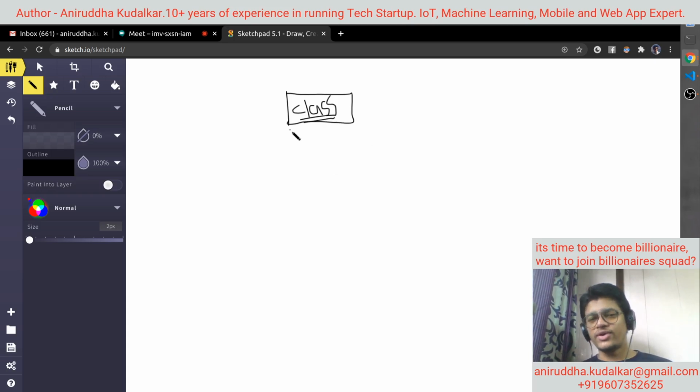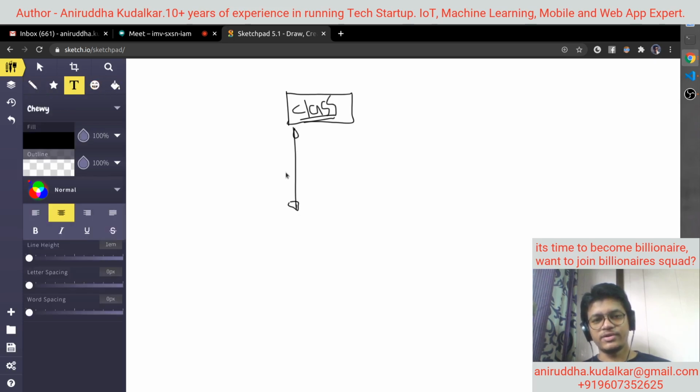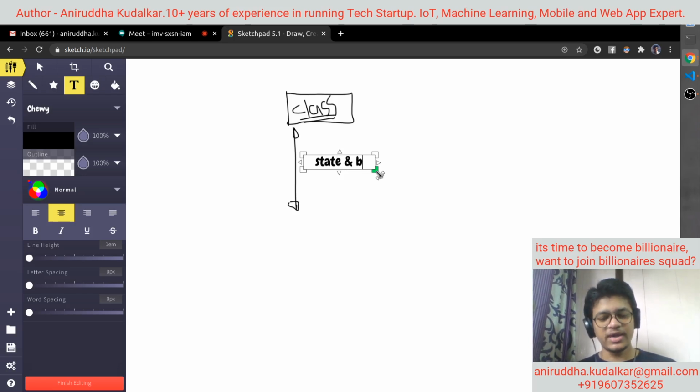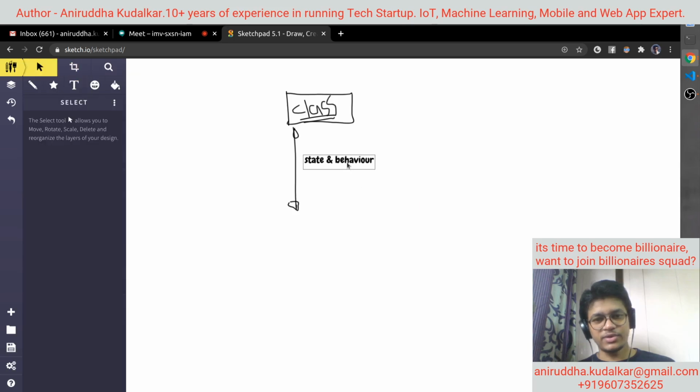And what do classes define? Classes define the combination of state and the behavior. State means your properties, and the functions are behavior.